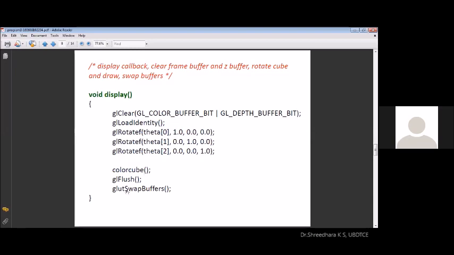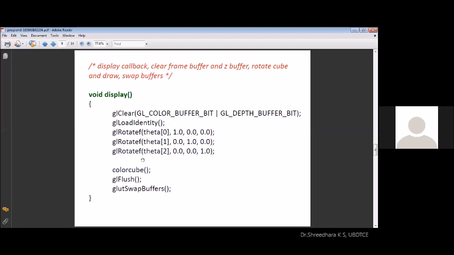Whereas it uses more memory, at the same time the effect at the output will be good. So for this reason, we are going to make use of the two buffer scheme. The two buffer scheme helps you get your output effectively on the screen. The swap buffers helps in switching over from one buffer to another. So the display function helps you create the cube and also rotate it. With the help of these routines, we have developed the display function.